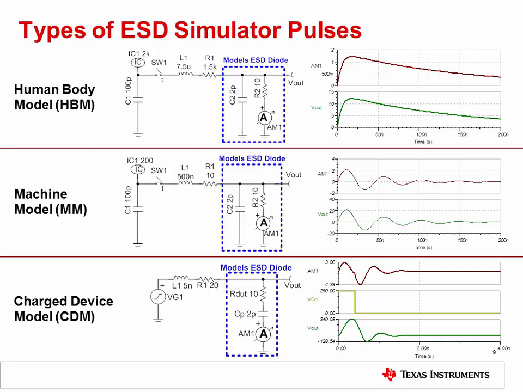The machine model has in most cases been replaced by the charge device model. The charge device model, or CDM, is designed to accurately simulate the test and assembly environment, for example, the static charge developed when a device slides down shipping tubes. CDM voltages are typically in the hundreds to thousands of volts. CDM currents are higher than HBM currents because the current limiting resistance is much smaller.